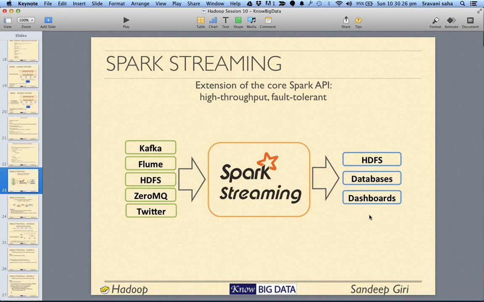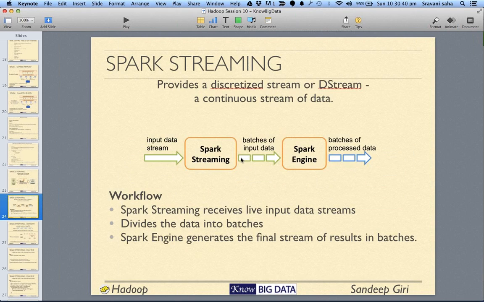We always break down the input into windows of time, whether half a second, 1 second, or 10 seconds, it is up to us. Whenever we are dealing with streaming, we convert the input data into batches. We get a continuous data stream, receiving at 1 millisecond or maybe less, we keep reading that data, accumulating it, converting it into batches, and then operate upon each batch, and we get another output in the form of batches.